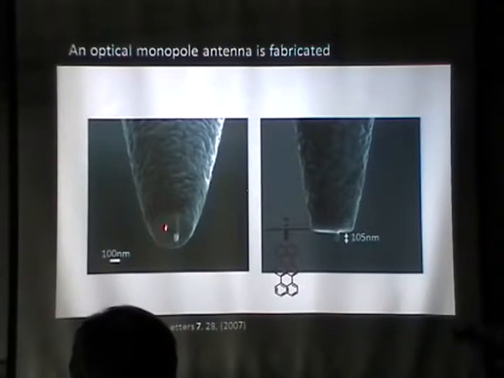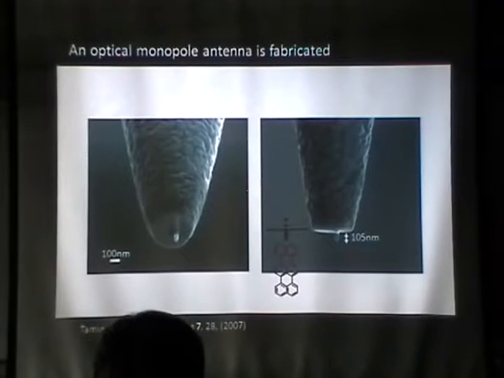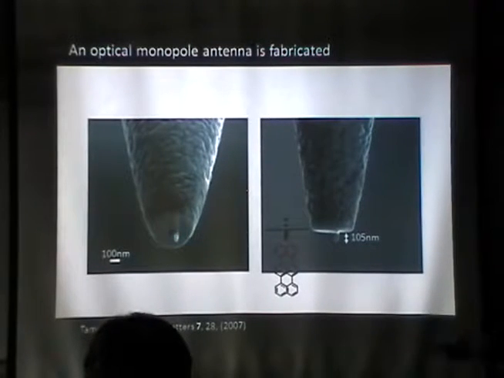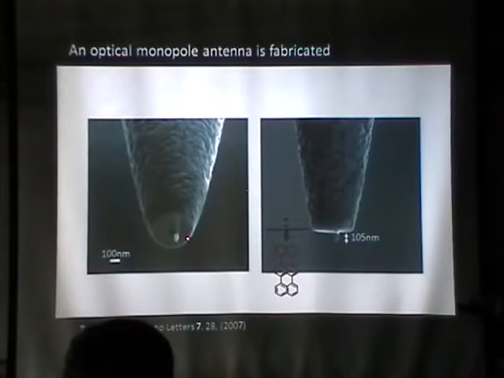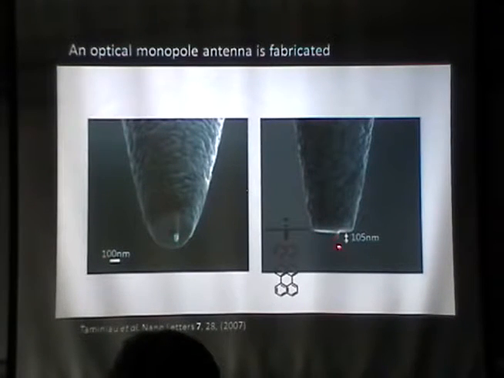And then by focused ion beam, we sculpture the apex of this tip in order to leave a little aperture of glass, so that, I don't know if you can see, that dark circle at the apex is glass. And we also leave a protrusion of aluminum. Here you can see it from the side. And that is our